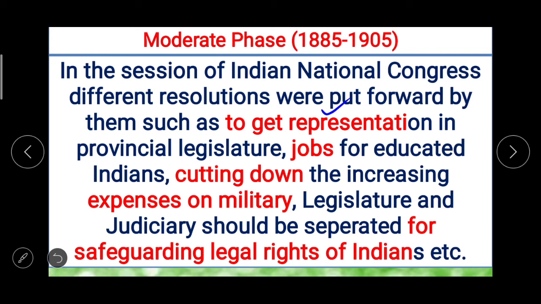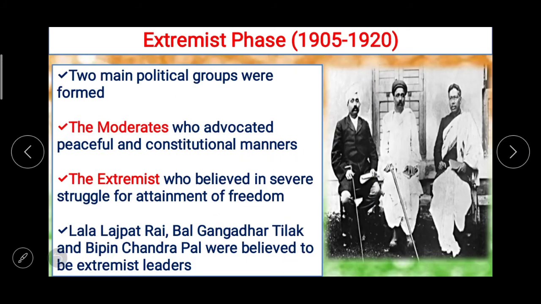But to cause a split in the national movement, the British implemented the policy of divide and rule. And that's why we are going to talk about the extremist phase. All Indian leaders who were politically aware kept aside their differences of caste, religion, language, province, and gathered on a single platform, that is of Indian National Congress. But there were unanimous decisions